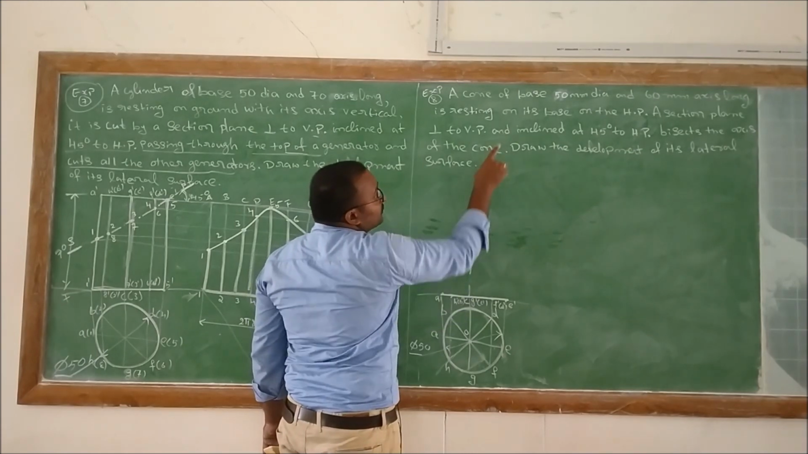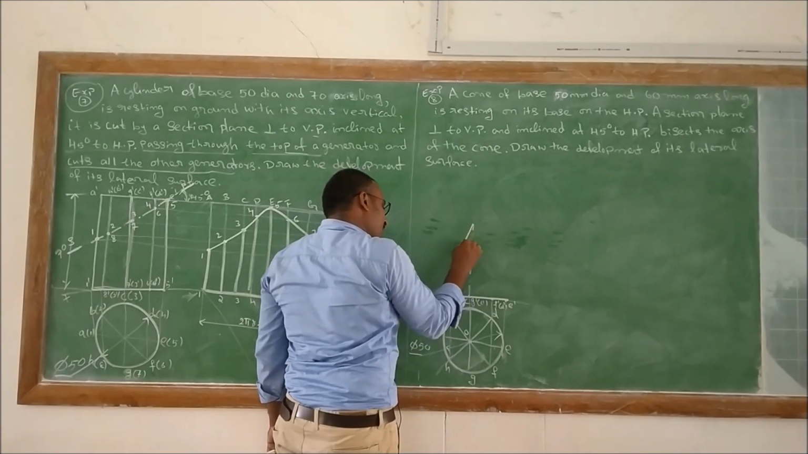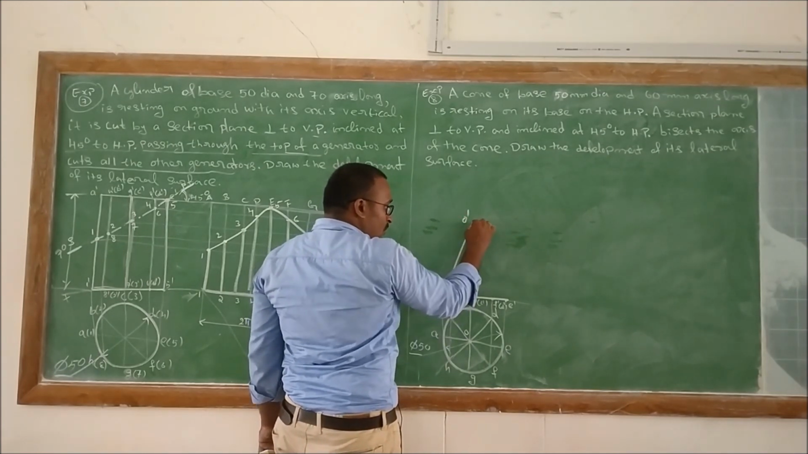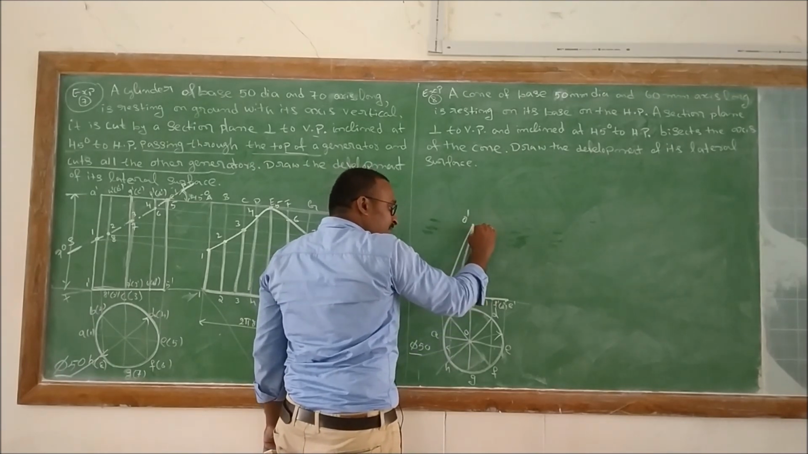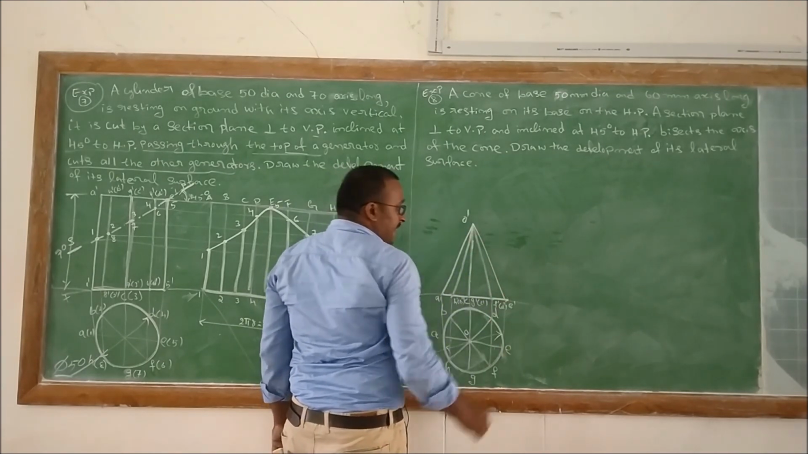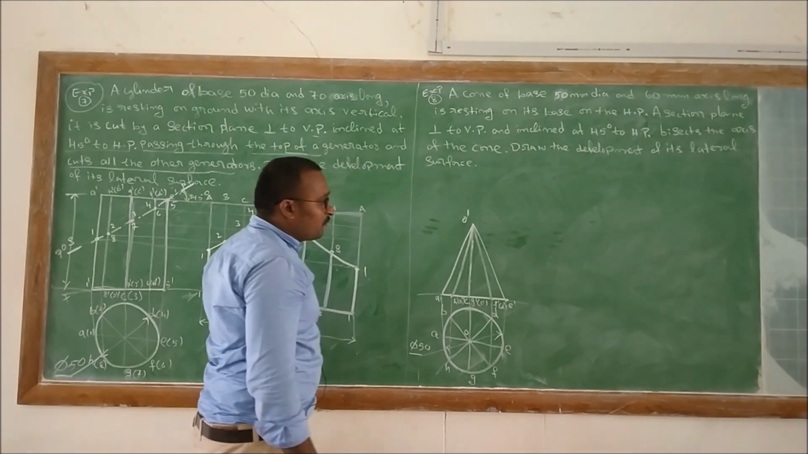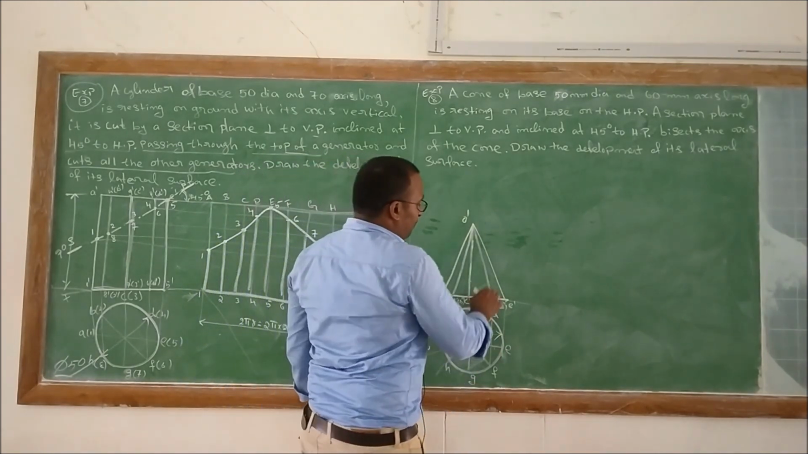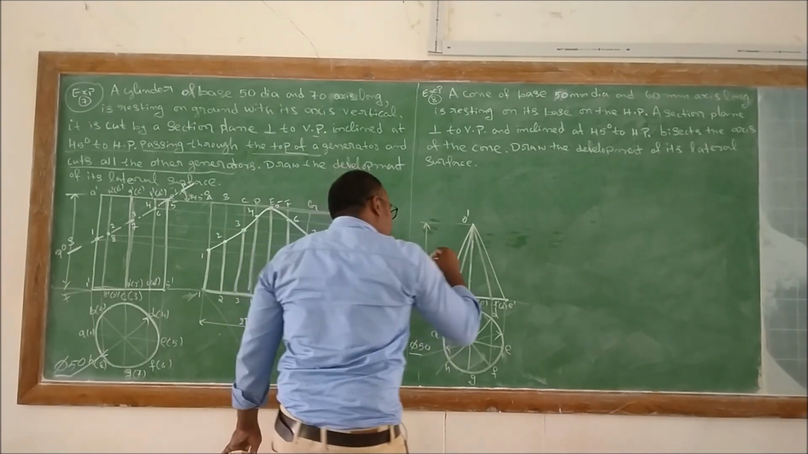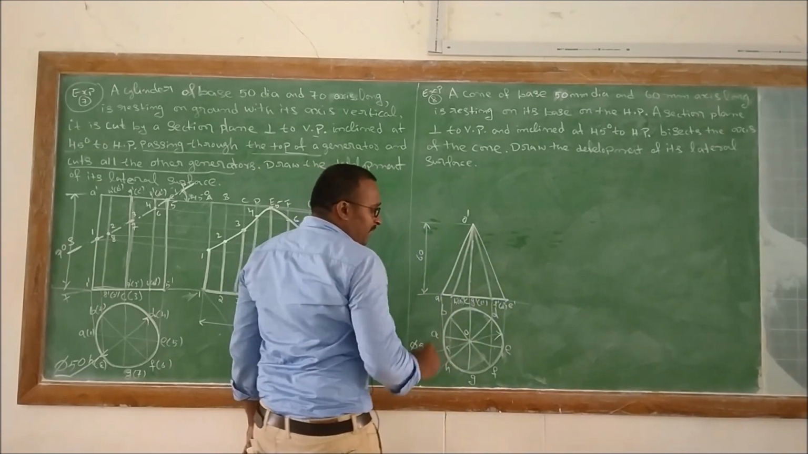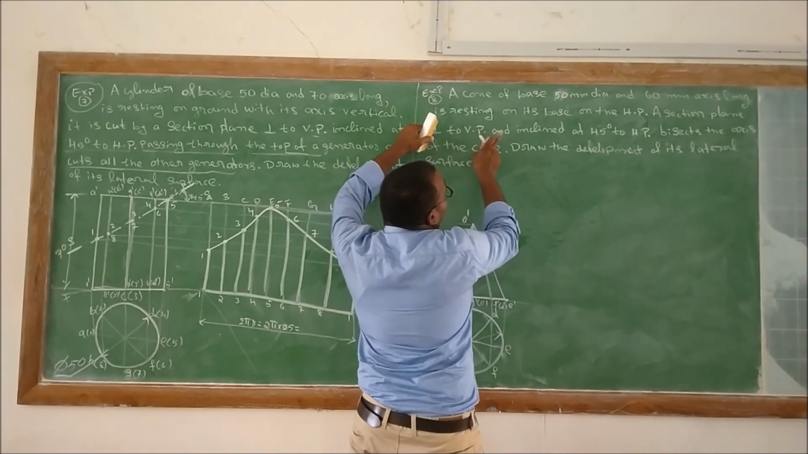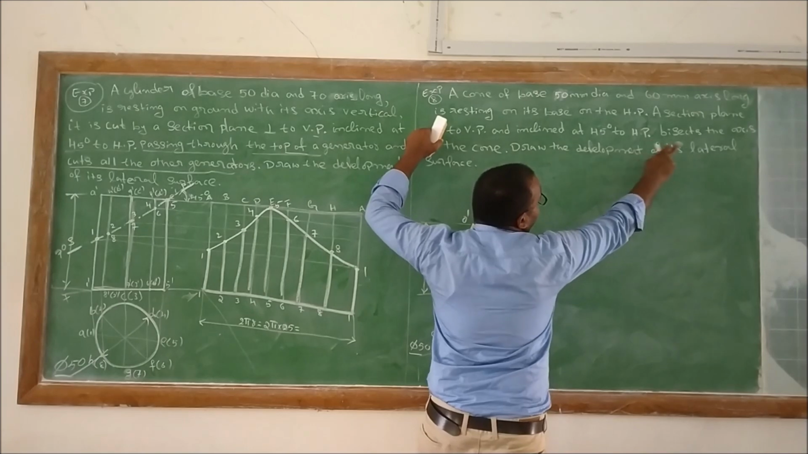and with a height of 60 mm axis height, O dash A dash, O dash B dash and H dash, O dash G dash and C dash, O dash F dash and D dash, O dash E dash. Right, this is the front view of the cone. So up to now, we completed the simple position of the solid, 60 mm height and 50 mm base diameter. So here it is cut by a section plane perpendicular to the VP and inclined at 45 degrees to the HP